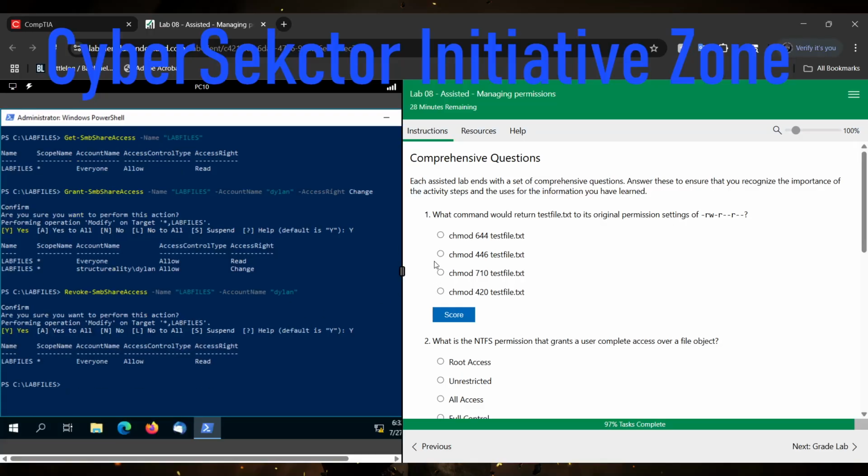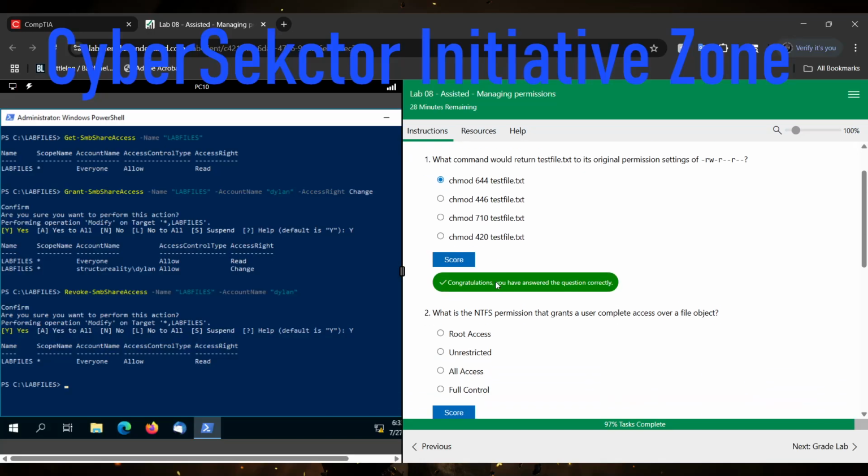Now we just have to answer these questions. What command would return test file to its original permission settings of read write? Yeah, this is pretty, yeah, read write read. I want to say this is, let me do 644. Yep, I am right about that. I'm right on the money. Let's go. That was actually pretty tough, but 644 is usually like this command right here, and 710. I know that we just did that, but that's like RX